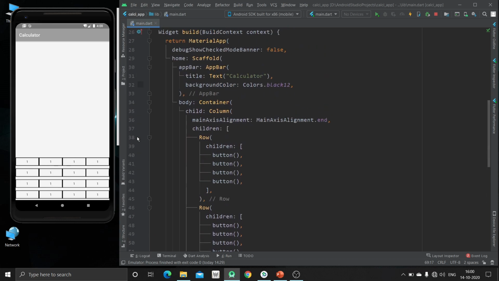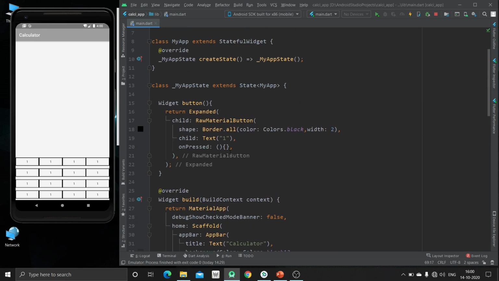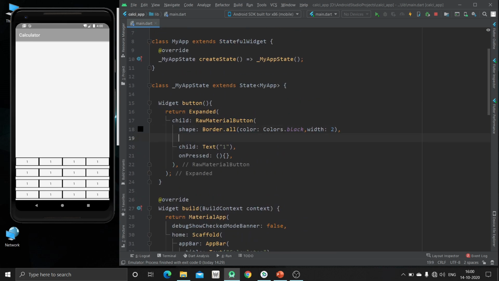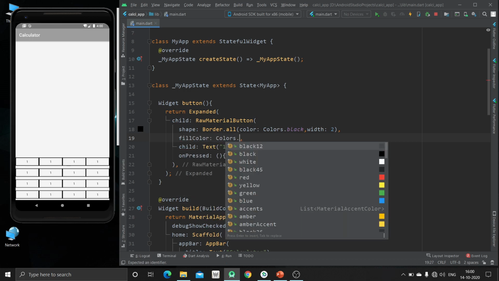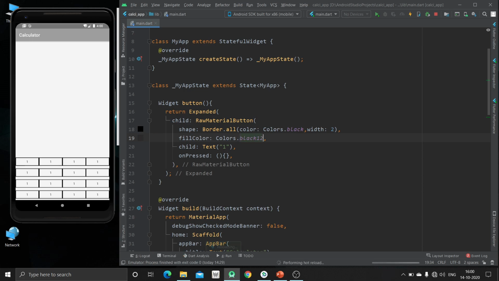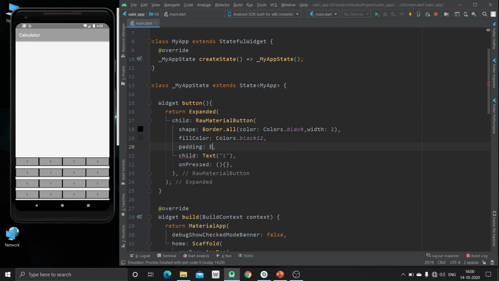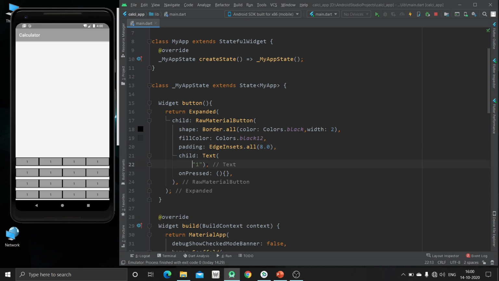Now what we are going to do is specify the color. We are going to fill this button with the black color. So yeah, here it is. Now the buttons are colored. Now we are going to specify some padding.